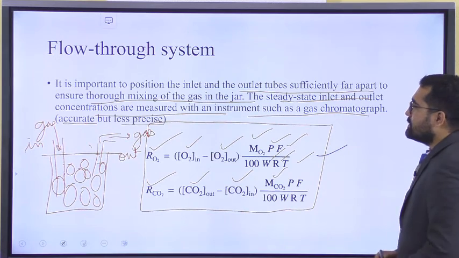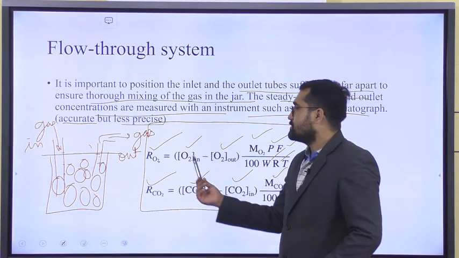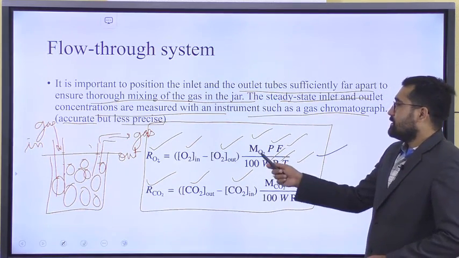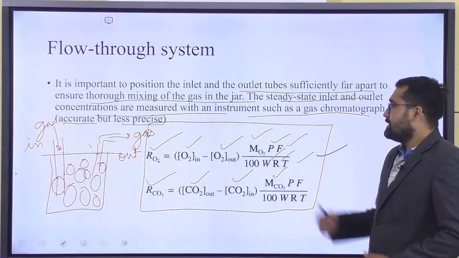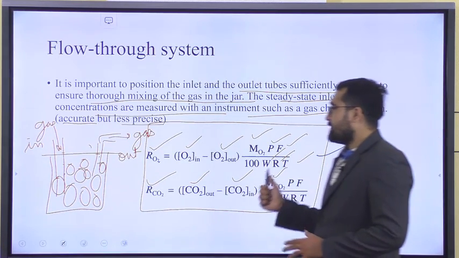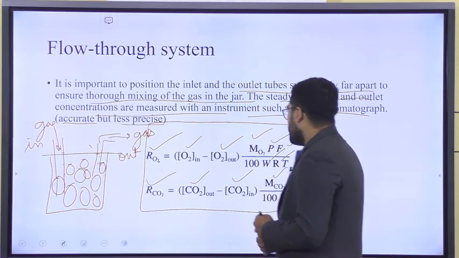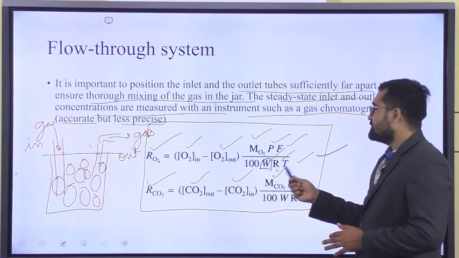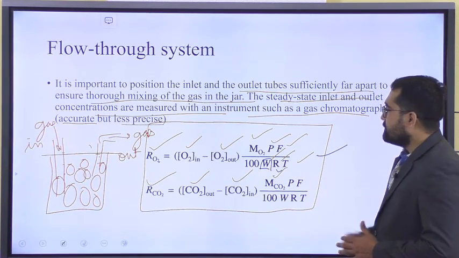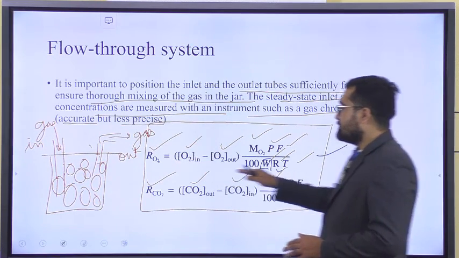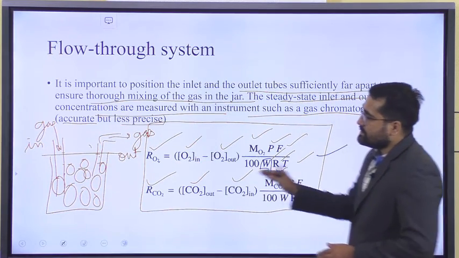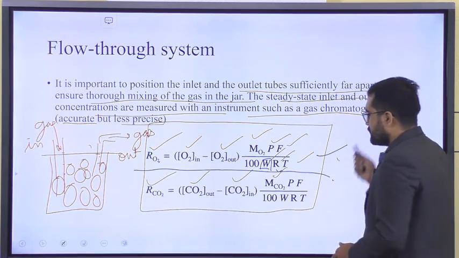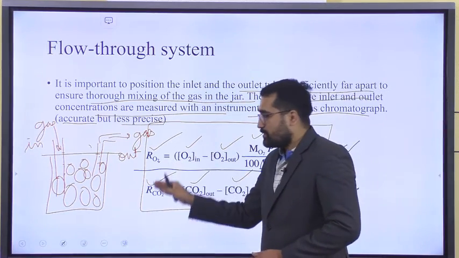How to find out the respiration rate of oxygen? It equals the inlet concentration of oxygen minus the outlet concentration of oxygen from the system. M will be the molecular weight of oxygen. P is the pressure. F is the factor, the initial factor for respiration rate. W will be the weight of the sample we are dealing with. R is the gas law constant 8.314, and T will be the temperature. So this is the concentration change inside the packet. This is what we are going to use in numericals. We will solve the numericals on these equations, equation 1, equation 2. Similarly, the same equation applies for carbon dioxide.